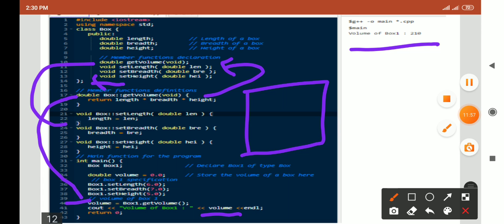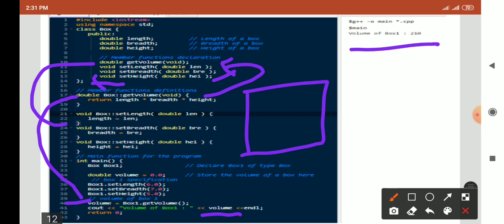So the syntax for defining a function outside the class is, first the return type, then class name, then scope resolution operator two times, and then your function name. And for declaration, return type, function name, and your parameter, and at the end you have to give a semicolon for the declaration.